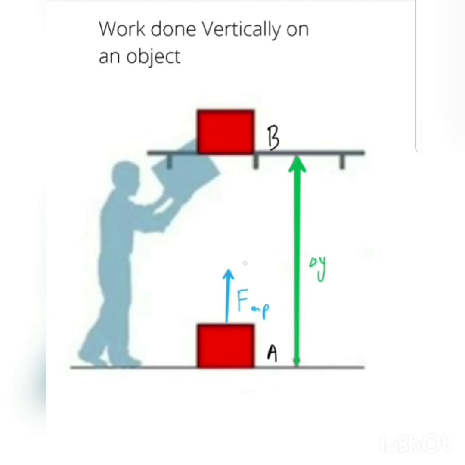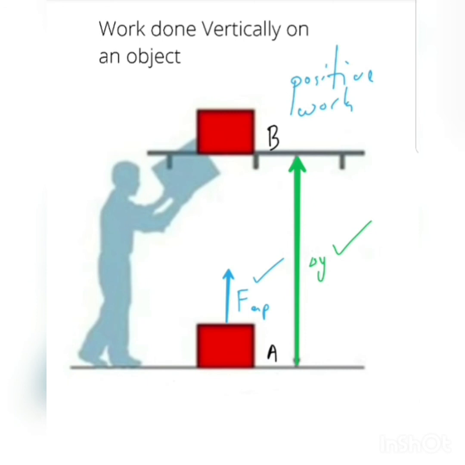And as we can see in this case, both the displacement and the applied force are in the same direction, and that means, of course, positive work is going to be done on this particular object as it is being displaced or moved from point A